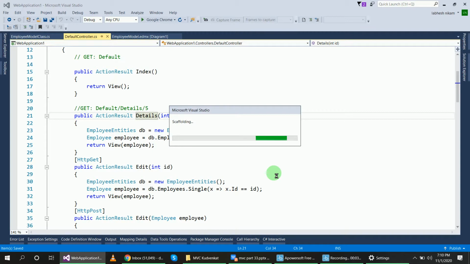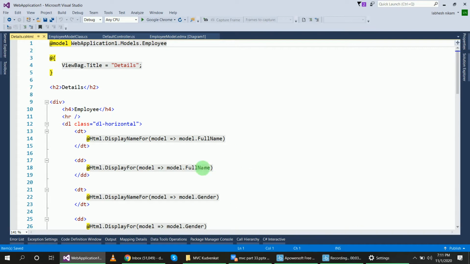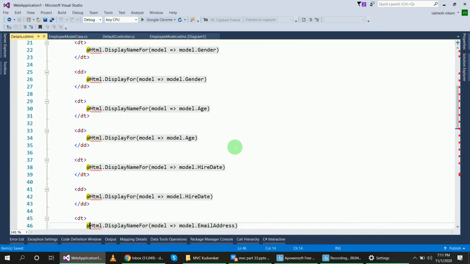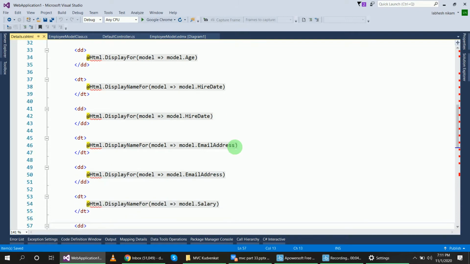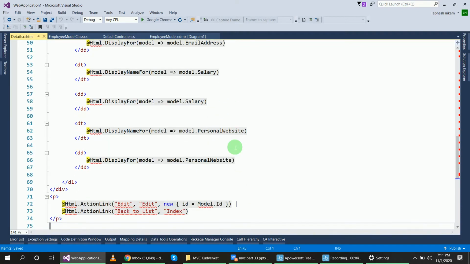So we will use display template attributes here in this view. First we will use DisplayForModel. For DisplayForModel we delete all these HTML controls, the display name and display for. We don't need this.